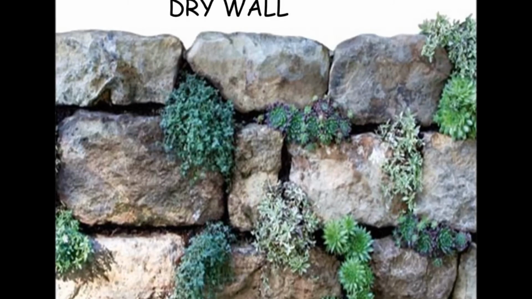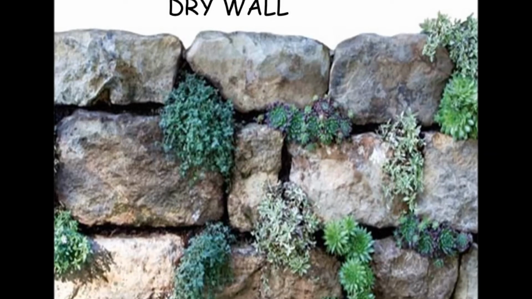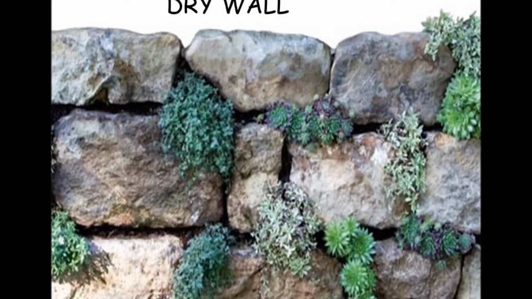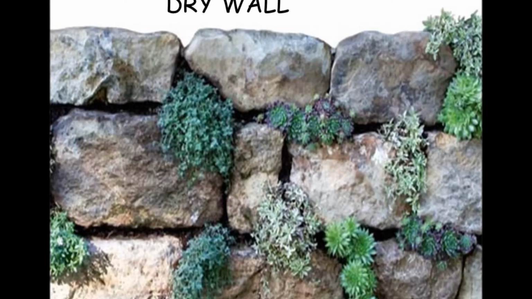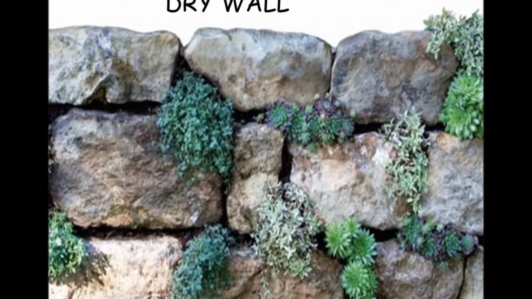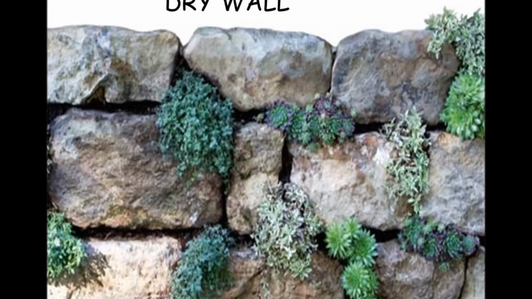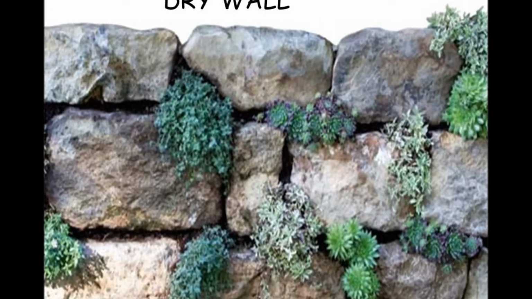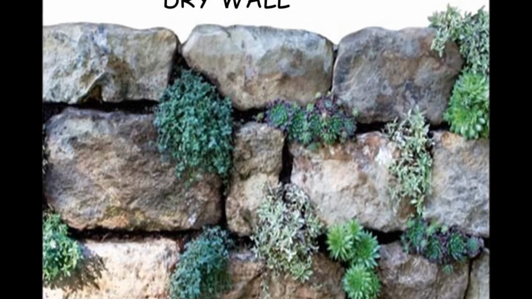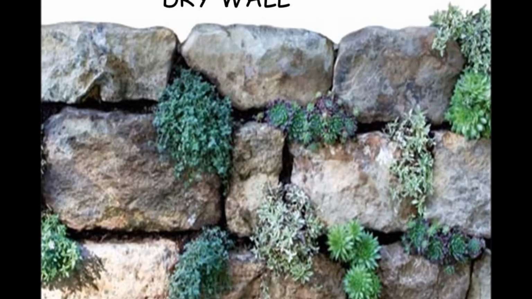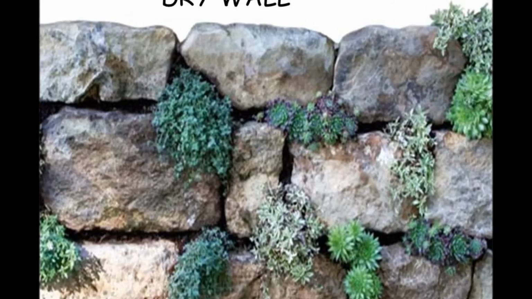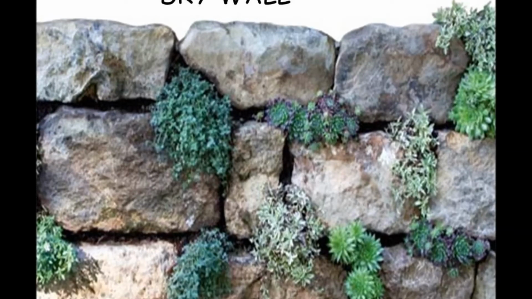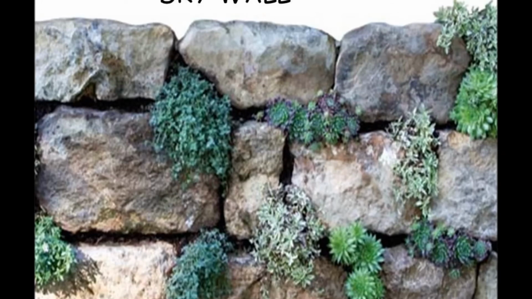That means in a dry wall, only one surface or only one front side is available for gardening or for planting of plants, and on the opposite side we can provide a strong support to hold the dry wall. So the dry wall is an important feature of a garden, and generally these are common features of an English garden. The main purpose of a dry wall is to help add to the beauty of the garden.